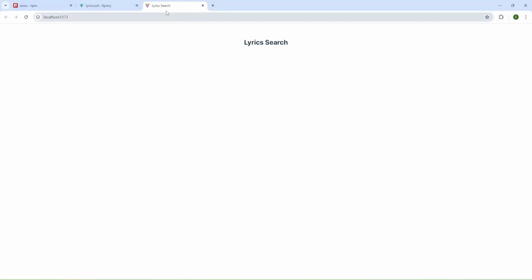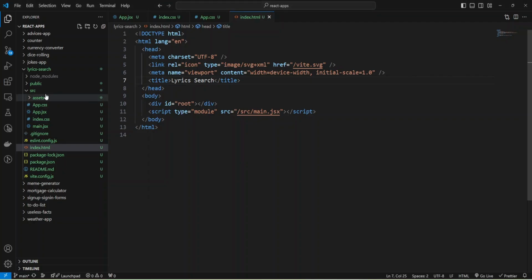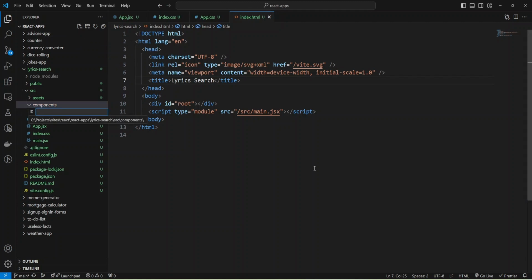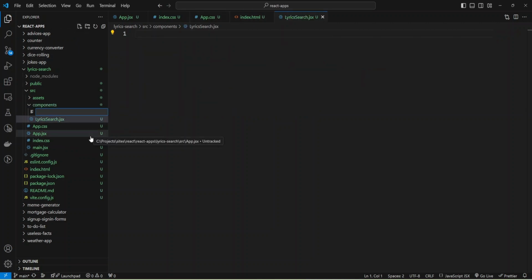Okay, the title was changed, and now I'm going to create a folder components and create my functional component for the search, and add a file, and it will be LyricsSearch.jsx, and also I need a file for my CSS, LyricsSearch.css.